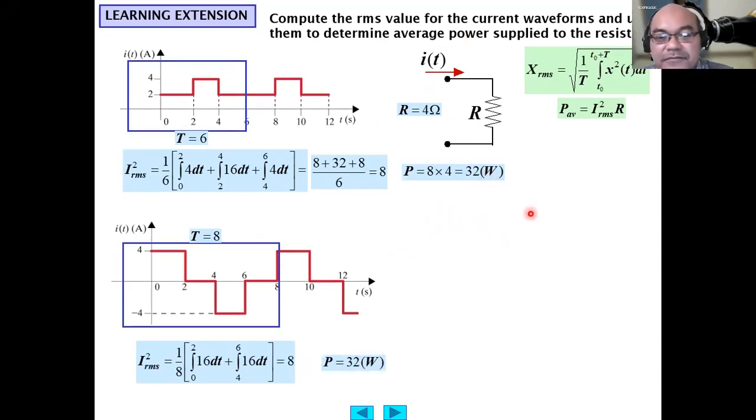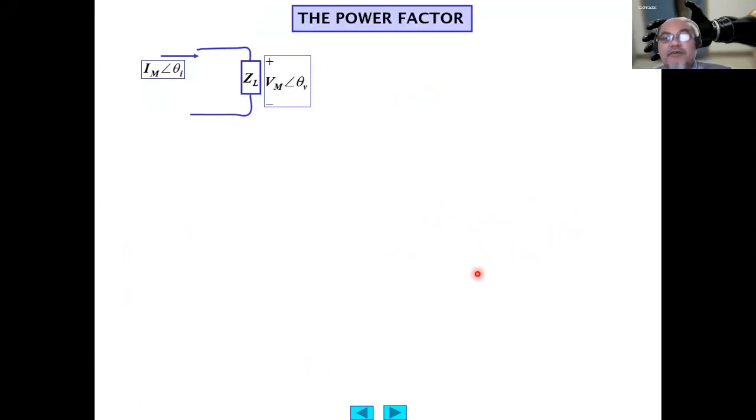Otherwise, let's move forward then to the new concept, the power factor. Basically, I think you have done this in your lab experiments. So to know whether the power is inductive, capacitive, or resistive, and of course the most efficient one is the resistive part. So here we have the current flowing, represented in phasor format as a maximum